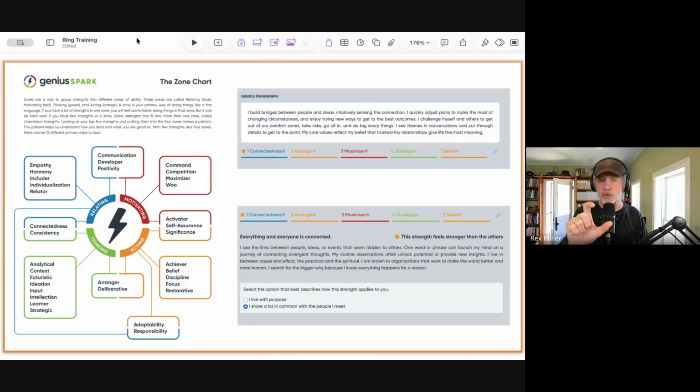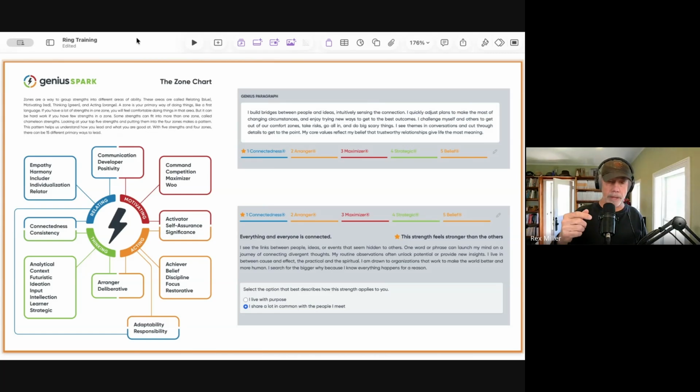It intuitively asks the question, we must all be here for a reason type of questions. And then it finds those common connections in there. And so you can see here on the right-hand side bottom where this individual had the choice of either picking "I live with purpose," it would have come out with the green side of it, or "I share a lot in common with the people I meet." And that's the one they picked. So that turned it blue. They also picked arranger as orange. So that chameleon strength, they have another orange strength already there, the belief that could have been what influenced it.